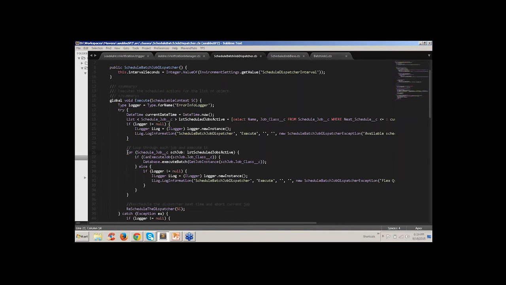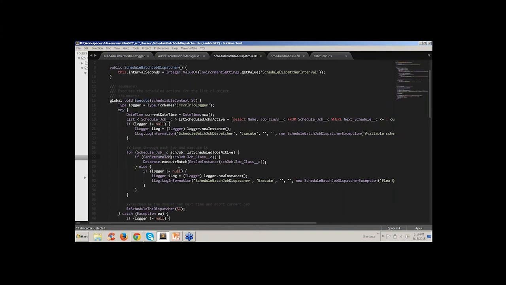Okay, now moving on to this for loop, for every job that is shortlisted to be run at that particular time interval, I will send it to a can execute job method. Now what does this can execute job do? It checks, is the environment in Salesforce perfect for me to run this batch job? Is the batch job already running at this particular time? If it is already running, I should not be executing this batch job again, right?